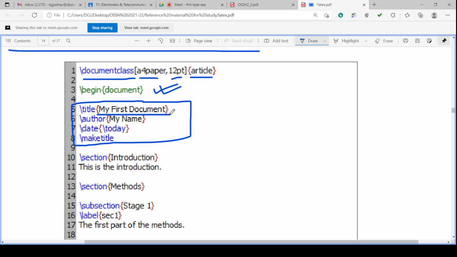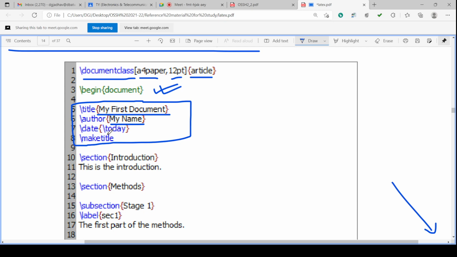\title, my first document is the title name, \author, my name, whatever author name you have to put, \date. You can put a date, or you can take the system date directly, whichever date the document is typeset or compiled, that date will appear.